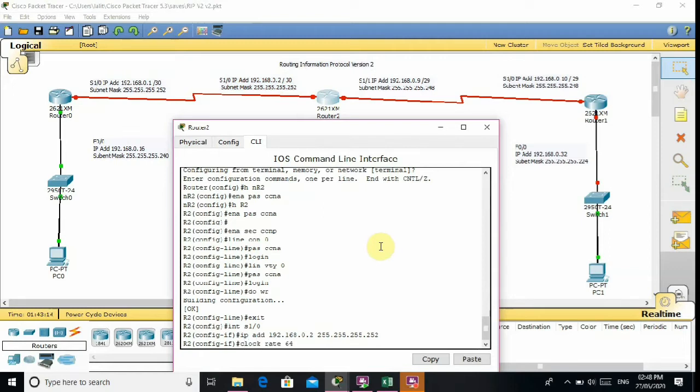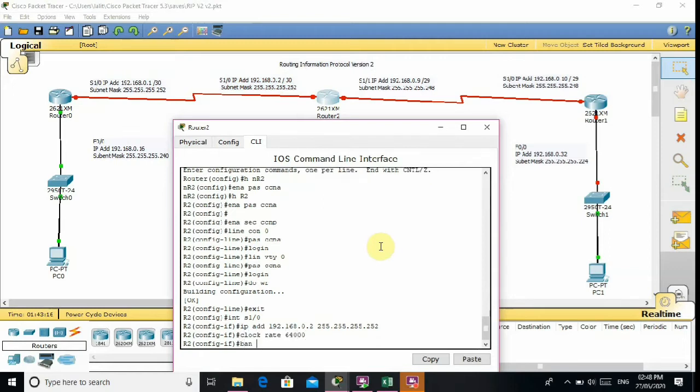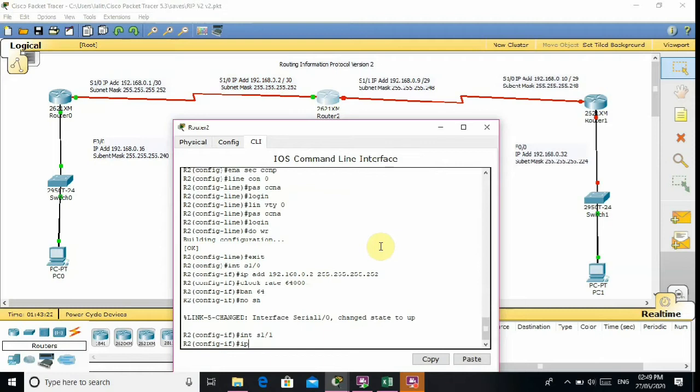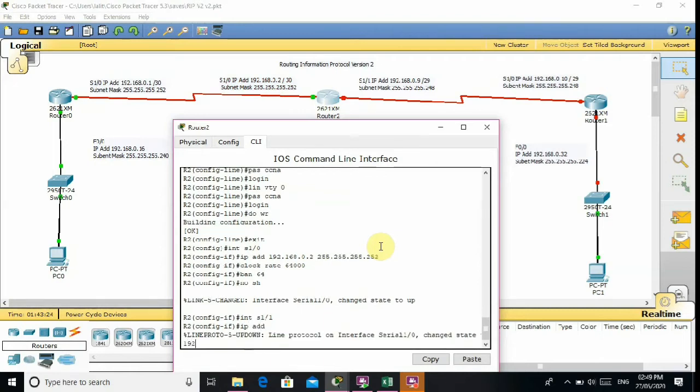Clock rate is 64000 and bandwidth is 64. No shutdown.